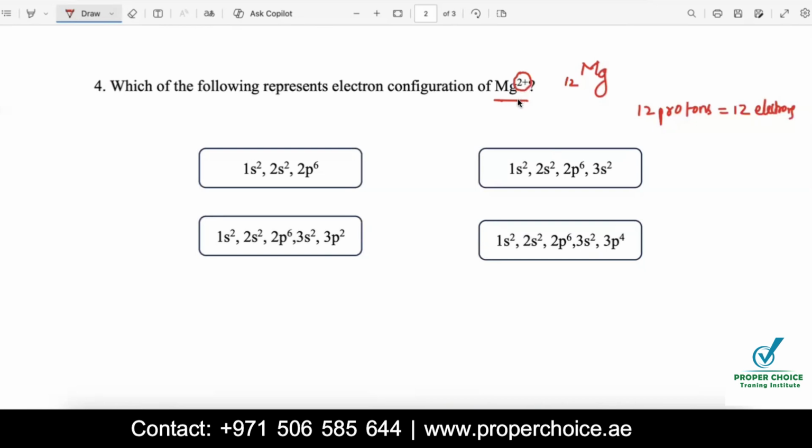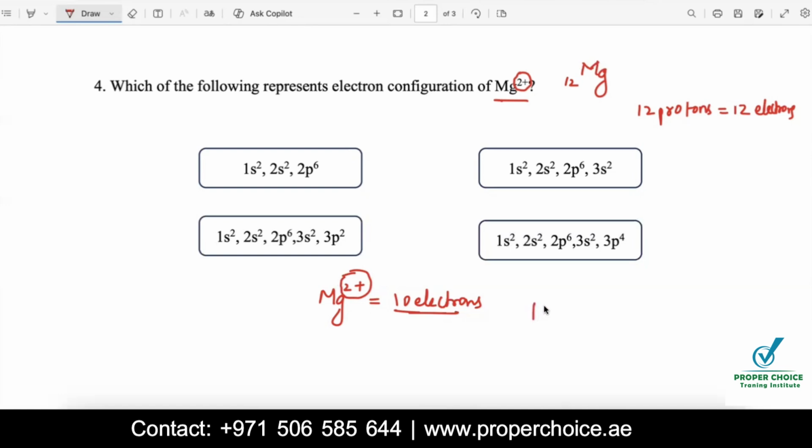If I'm writing it as 3 plus, it means it has 3 fewer electrons as compared to protons. That many electrons have gone out of that element and it gets converted into an ion. So Mg2 plus has 10 electrons; actually it's supposed to be 12, but as this 2 plus indicates, magnesium lost 2 electrons to get converted into a magnesium ion, and they are asking you to write down the electron configuration for this. So while writing the electron configuration, I just need to follow that in